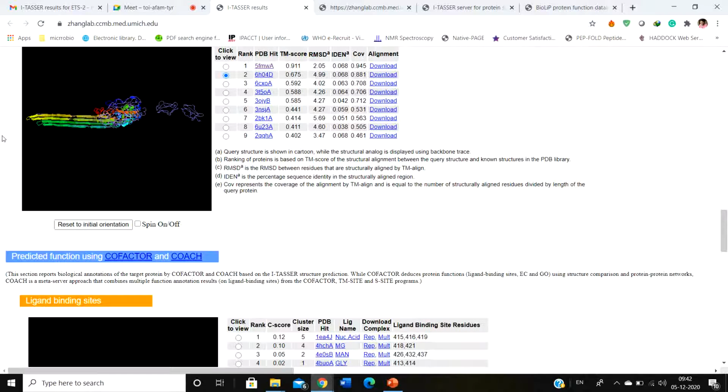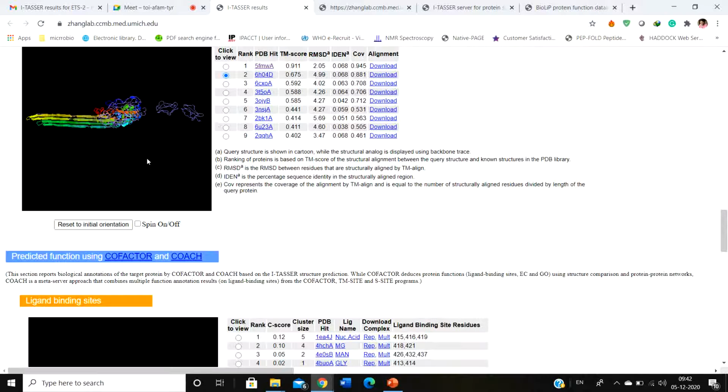So the best thing is obviously to download the whole protein and then use PyMol. But obviously in PyMol you can't see this aligned thing. You can't see the alignment because then you again have to download each and every PDB and align this PDB with your structure. That's very hectic. So just to check whether this particular thing has to you, it's better to check it in the web server only.